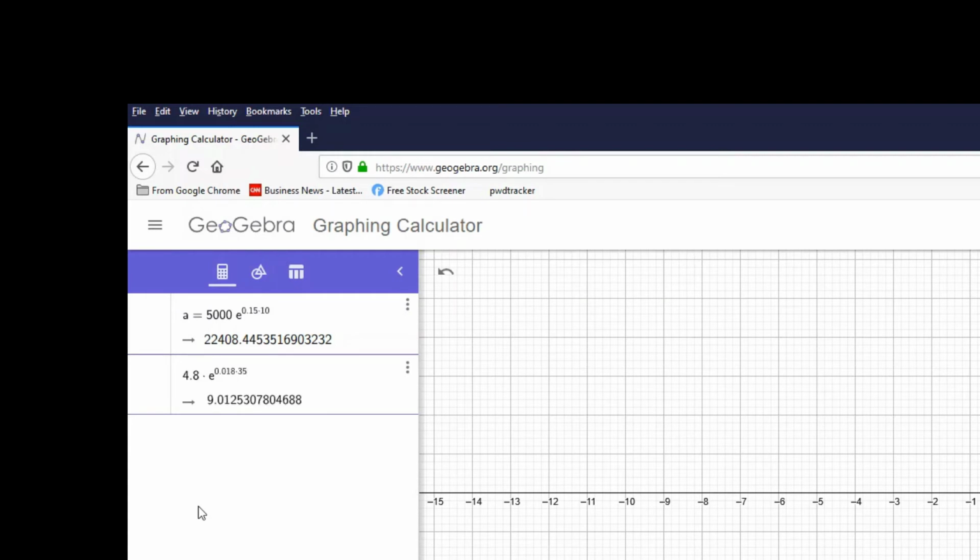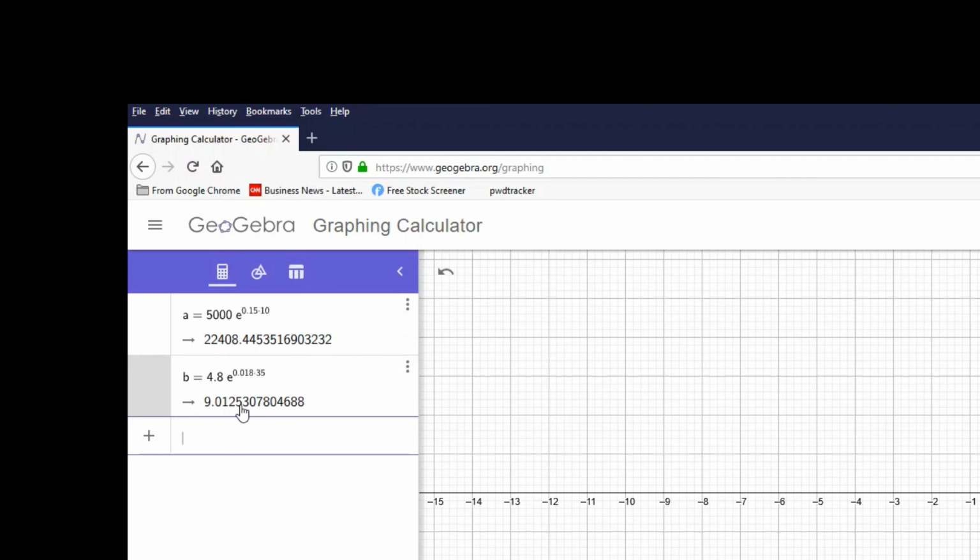Recheck the equation: 4.8 billion was the initial population in the year 1985, 0.018 is the rate of growth per year, which is 1.8%, and 35 is the 35th year after 1985, which is 2020. If you click enter, you can see that it is 9.0125, which is approximately 9 billion,